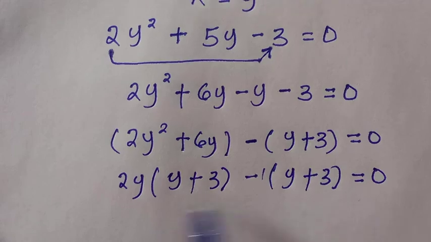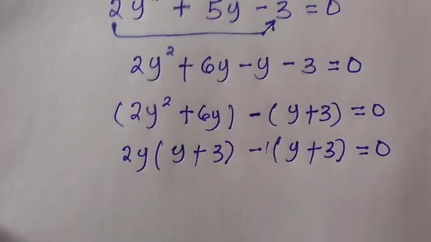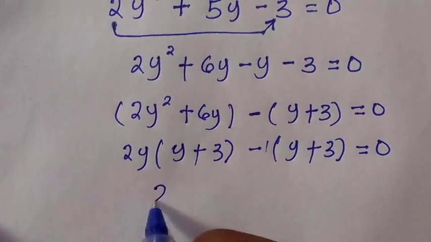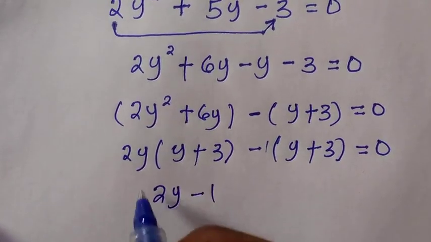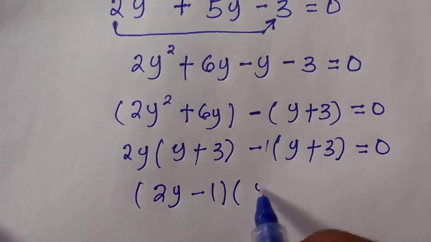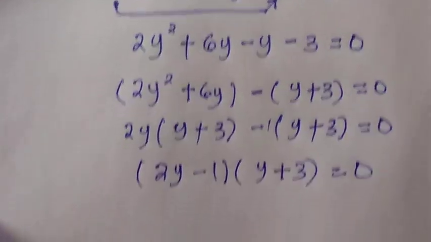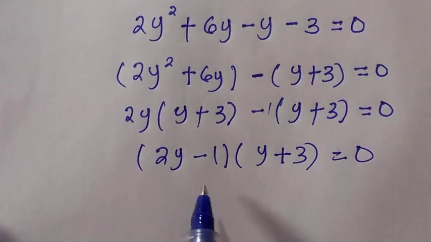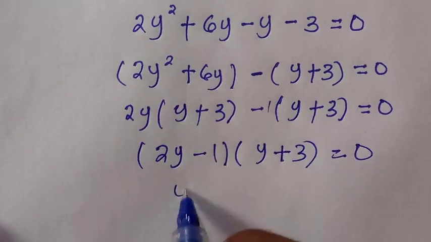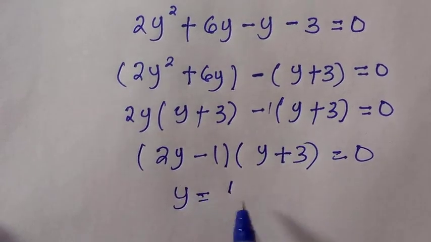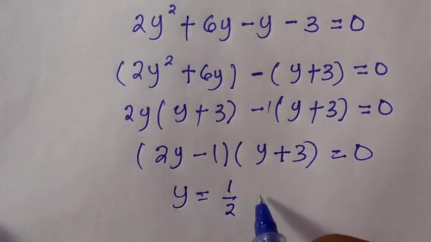We take one of these and combine their coefficients together. So here we have 2y minus 1 bracket y plus 3 equals 0. And from this, the value of y equals 1 over 2,